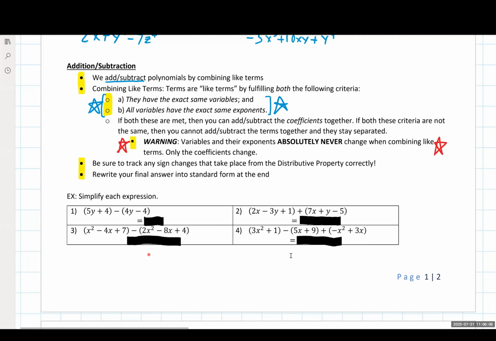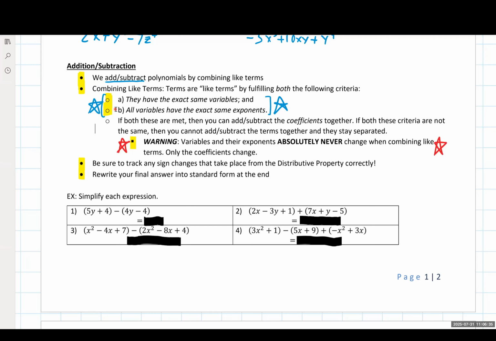We're going to go through 4 examples of this, and I'll show you guys some other places for other examples afterwards. But this is the very, very hyper strict set of rules that all like terms need to follow. If one of these rules is broken, then I cannot combine or add or subtract the terms together, and they must stay separated, meaning I can't do anything else with them.